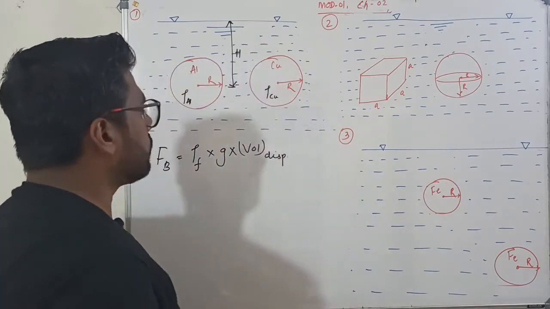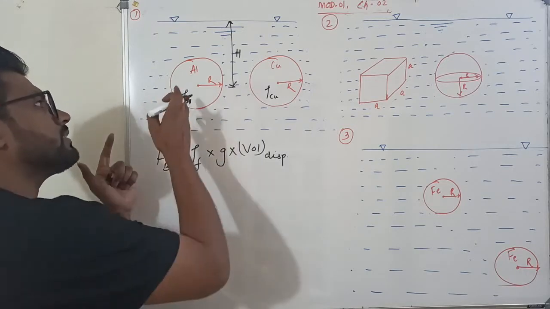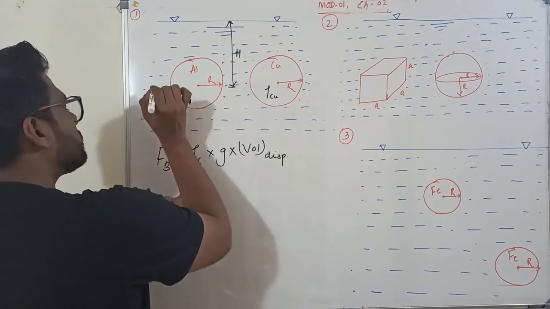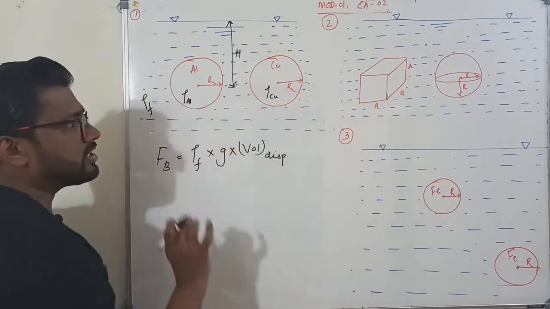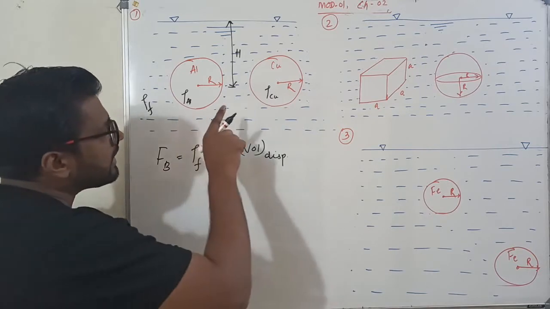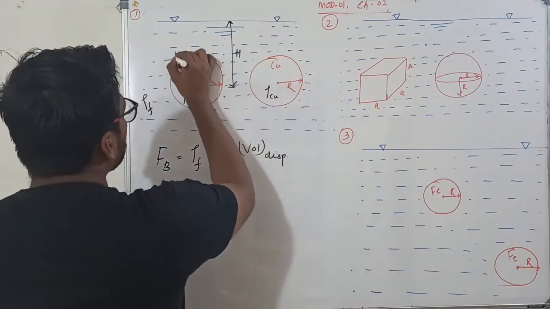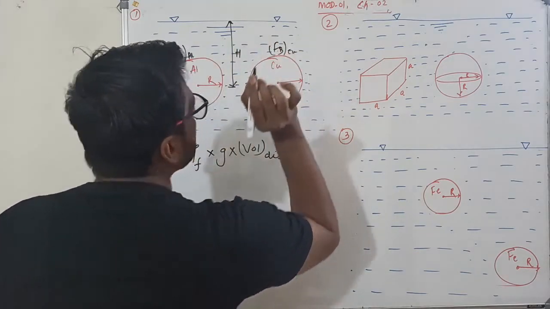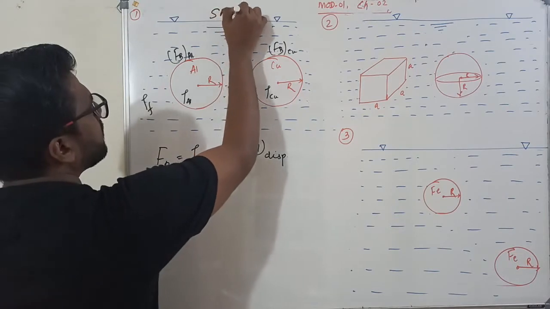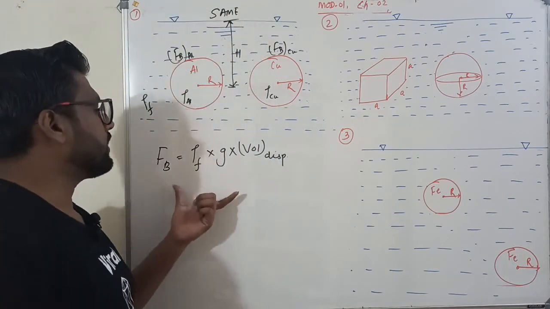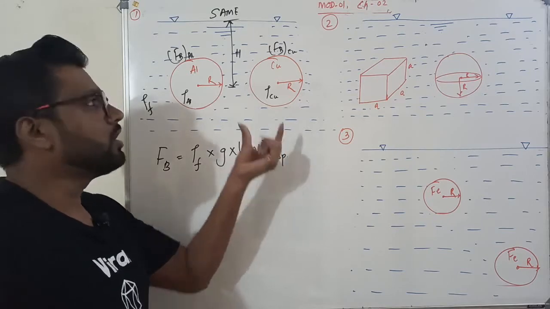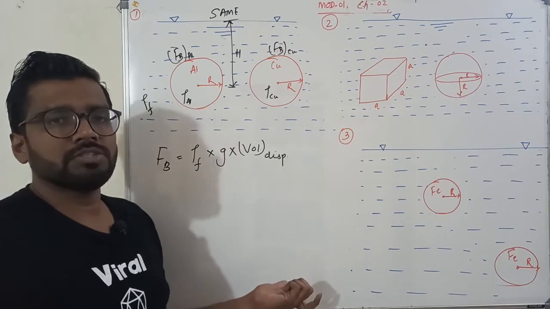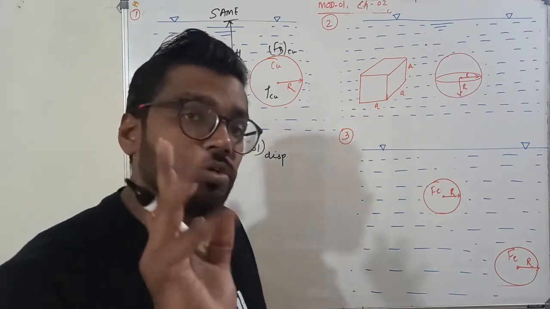Here they say same size, that means same volume. The density of fluid is the same. Is there any mention about the density of the body? No. So regardless of whatever body you have used, the force of buoyancy in aluminium and the force of buoyancy in copper will be the same, because the force of buoyancy only depends on the density of the fluid and the volume displaced. Same volume, same density of liquid, so the buoyancy force is also the same. Very good.